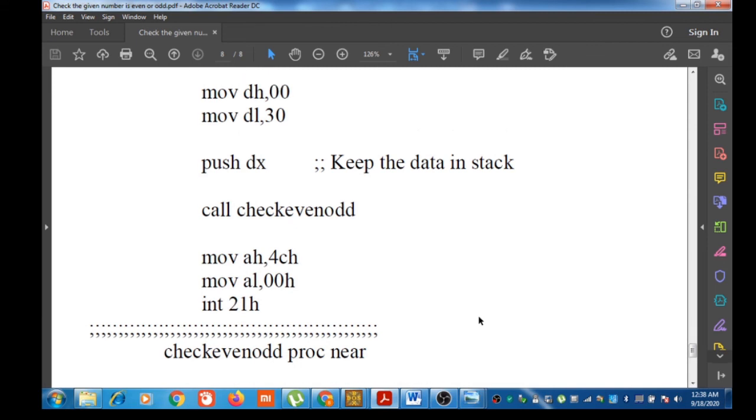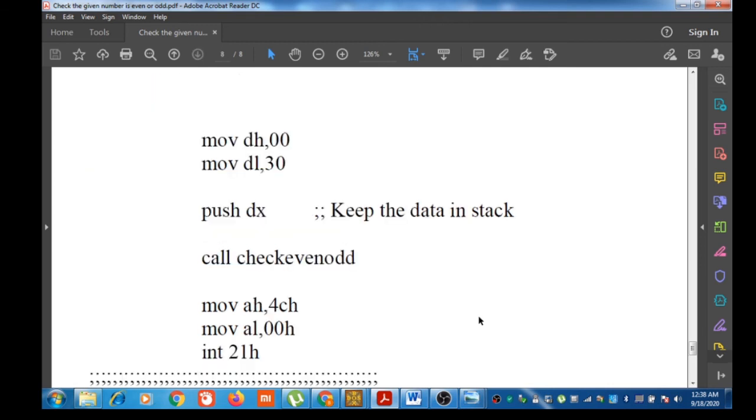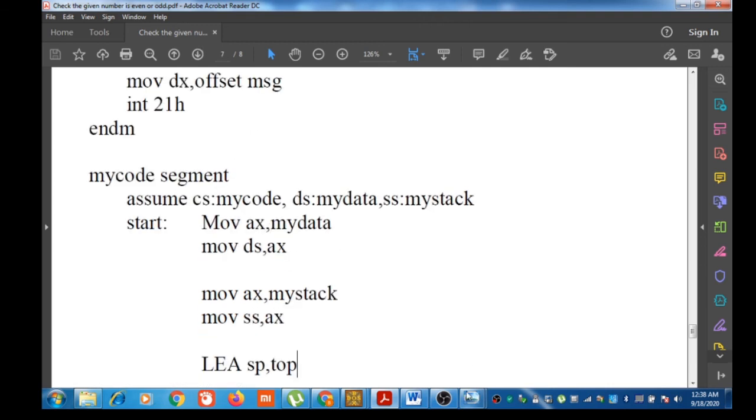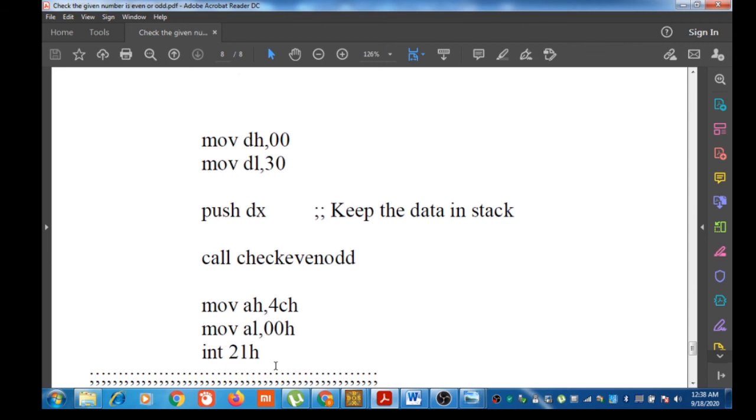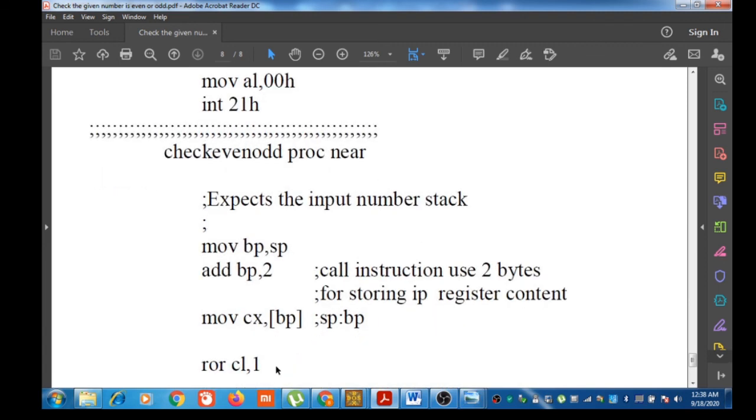So in the code segment, we have to initialize the stack segment register, then initialize SP, then keep our data in some register and push it on the procedure. Inside the procedure, access the data without affecting the stack content or SP value.